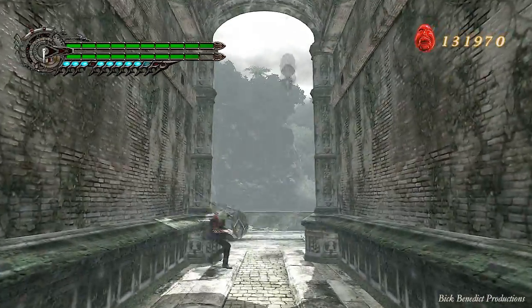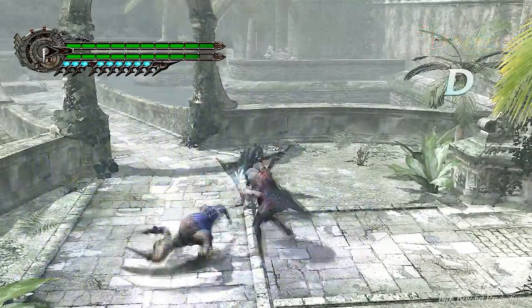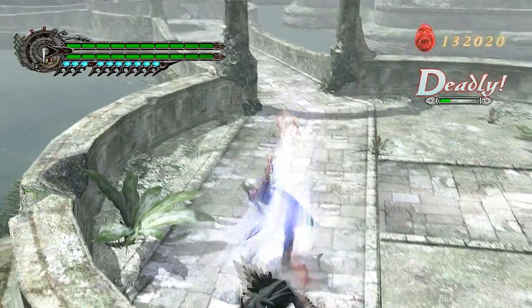But this section here, we just have a couple of these droppers. The Chimeras, you want to take care of those guys first. And I just love that grab. It looks like Kratos' grab